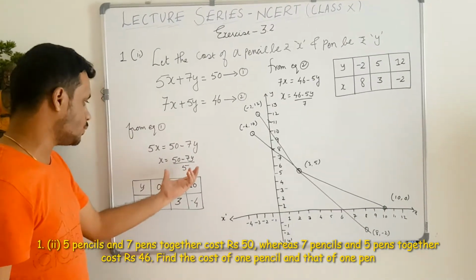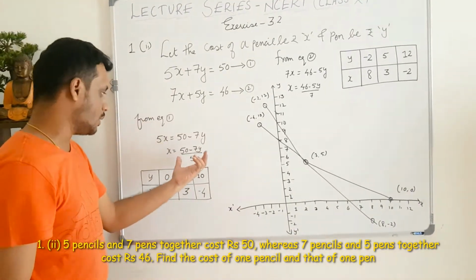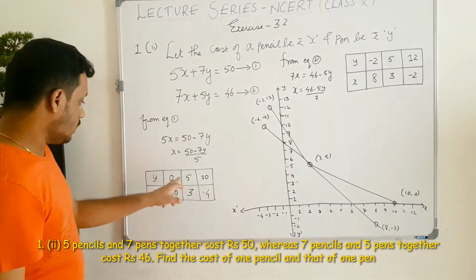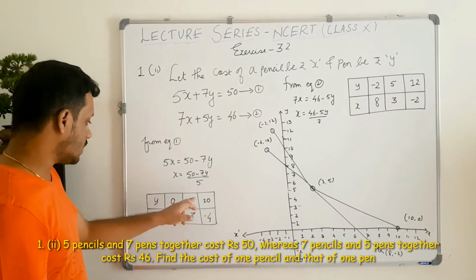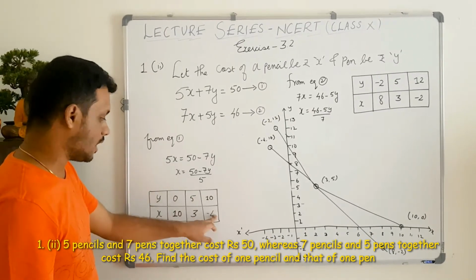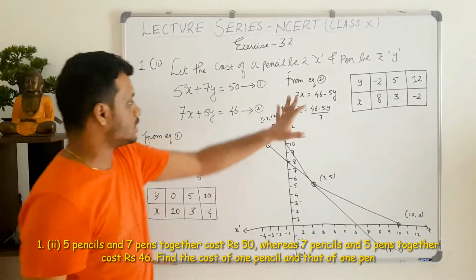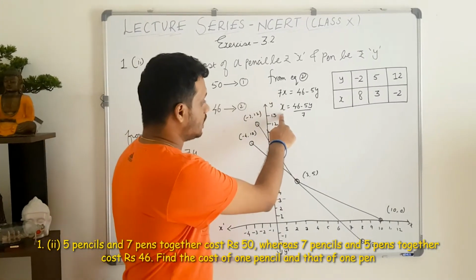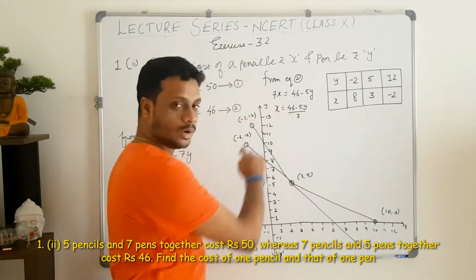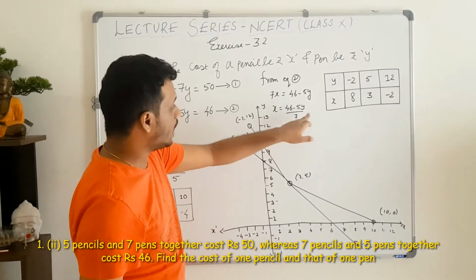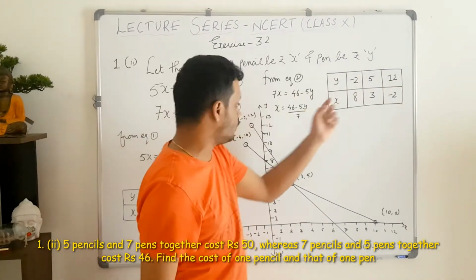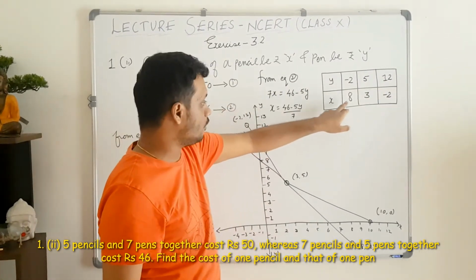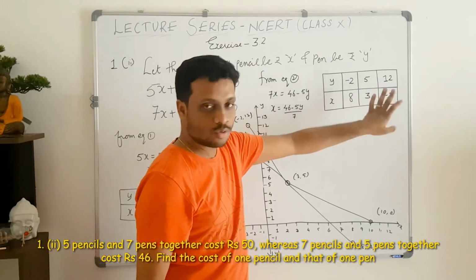So it's better that we always take values of the independent variable such that it gives a proper number for the dependent variable. So here when I substitute 0 I get 10, when I substitute 5 I get 3, when I substitute 10 I get minus 4. Similarly, we go to the second equation, which is 7x plus 5y equal to 46. In this again I isolate x, I get 46 minus 5y divided by 7. Here again I substitute 3 different values of y for the same reasons. Minus 2, 5 and 12 are taken. I get the value of x as 8, 3 and minus 2 respectively.